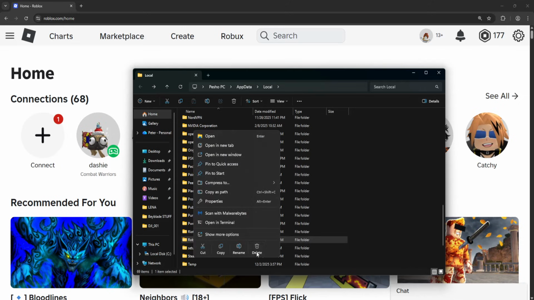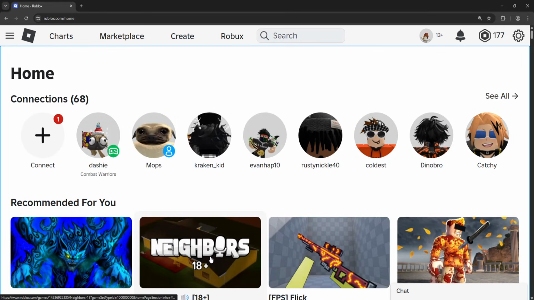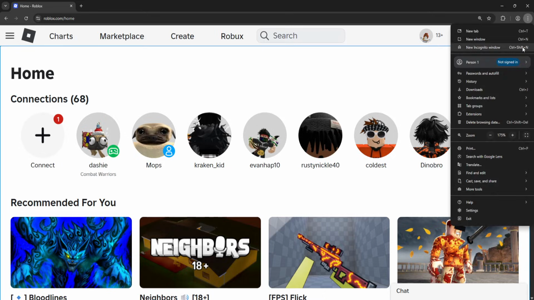Then you will right click and delete the Roblox folder, and then you will open up a game from the web, and that is going to reinstall Roblox. The very last thing that I suggest doing, if neither of those worked, is clicking the three dots here and